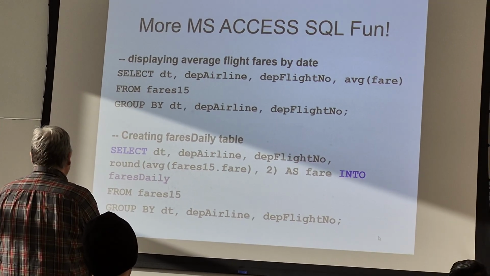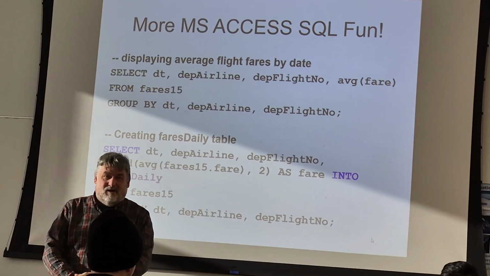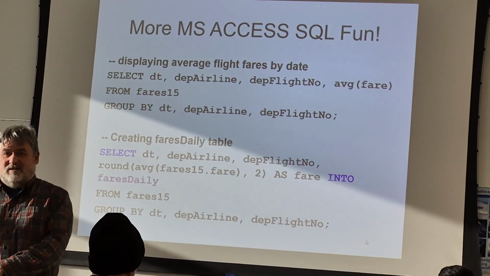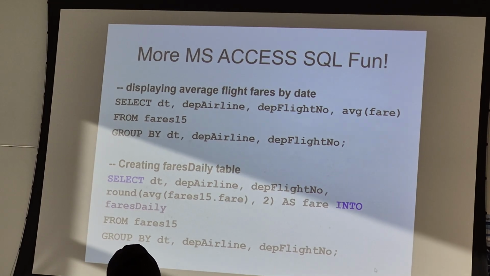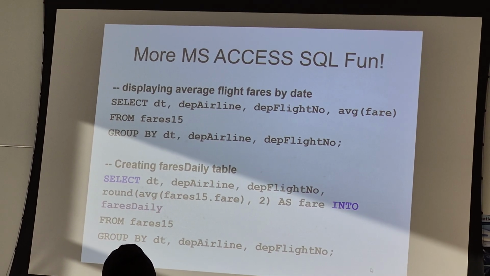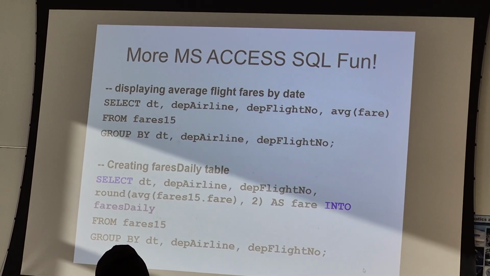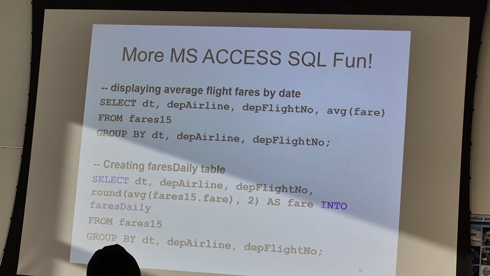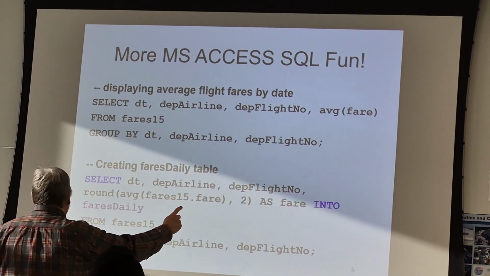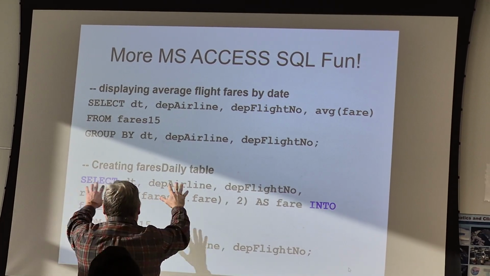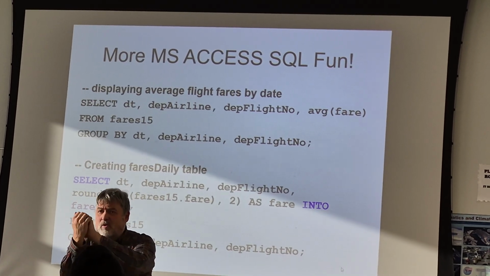But let's ignore this group by line. Let's pretend it's not there. What do the first two lines do? Just selecting the date, the airline, flight number, and the average fare. Okay, yeah. You know what? If we're ignoring the group by line, we better ignore the average fare line in the first line, because I don't know what that's going to do. But yeah, if we were doing select date, departure airline, depart flight number from fares 15, what would we get